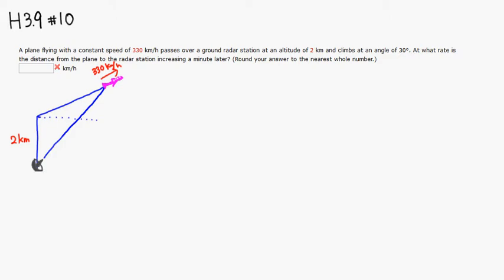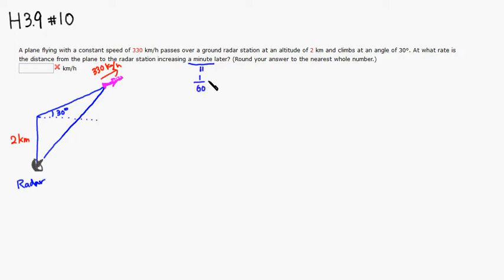So this is our radar. And at an altitude of 2 kilometers, it climbs at an angle of 30 degrees. So this is 30 degrees right here. And at what rate is the distance from the plane to the radar station increasing a minute later? So 1 minute is the same thing as